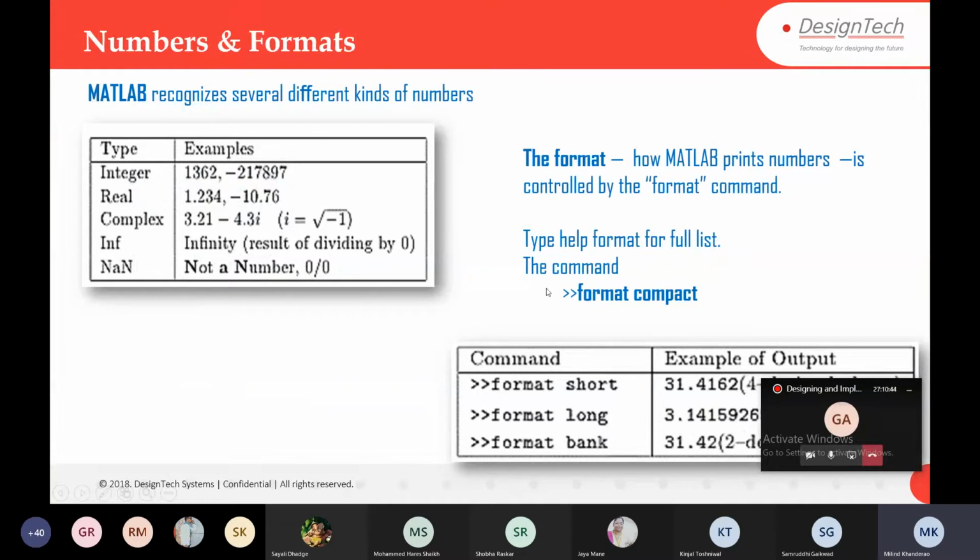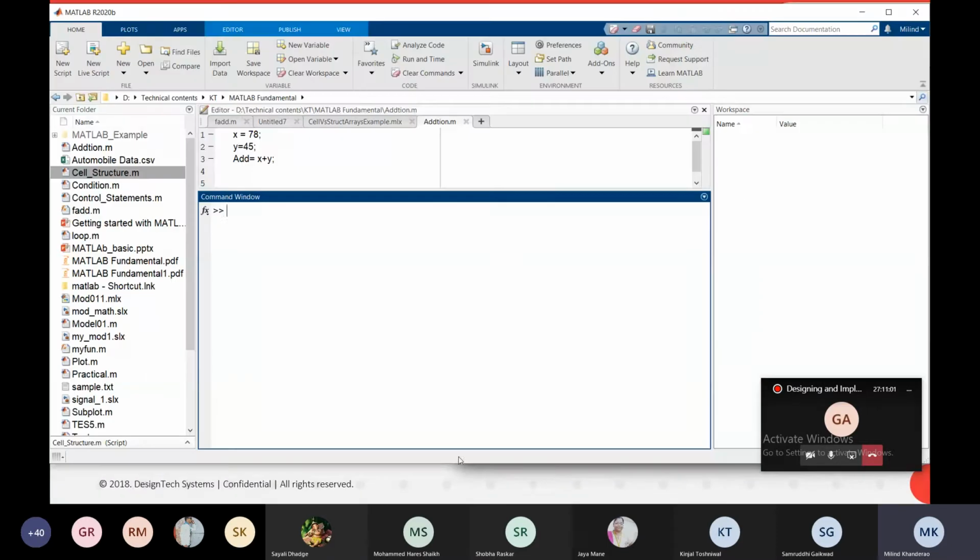Okay, so numbers and formats. These are integer, real, complex, then infinity and not a number, which are recognized by MATLAB. And the format, let's say different kinds of formats. What exactly is that, we will see. So let's say x equals 4 plus j.